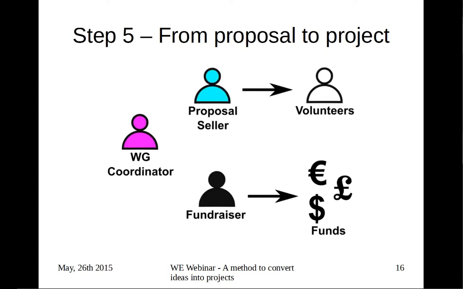So the working group coordinator would need to discuss with somebody what we call the proposal seller. Basically, it's people, like Jay, that know a lot of people and can talk to people and say, hey, we got something going on. Would you like to help us? There's an interesting project that might appeal to you. Or me going up to students and saying, hey, we got a new project going on with a guy in Nepal. So we gather volunteers,